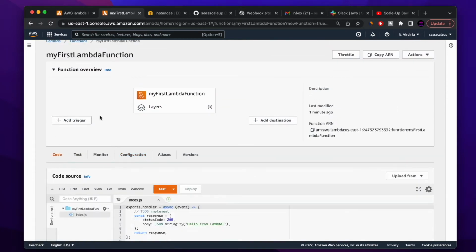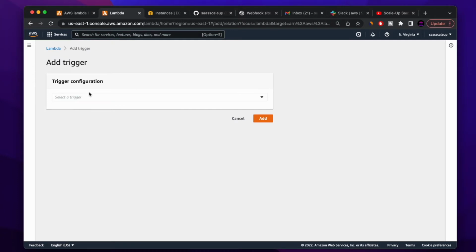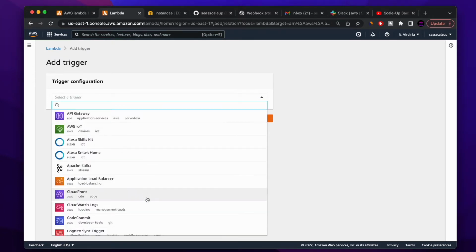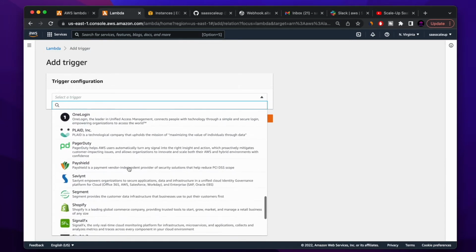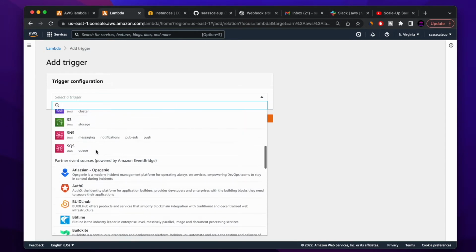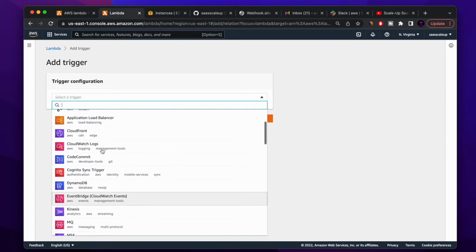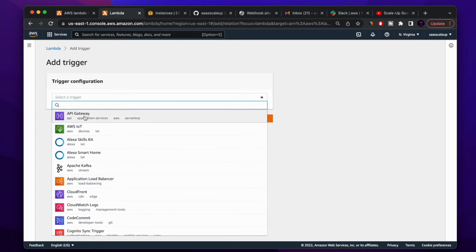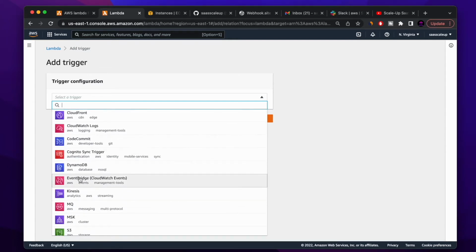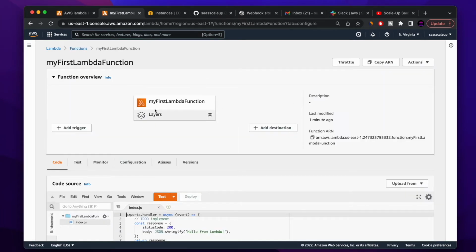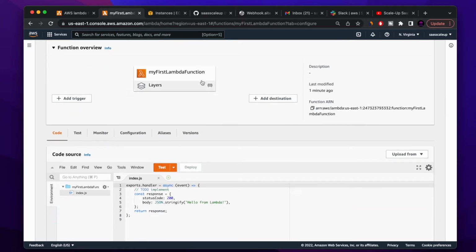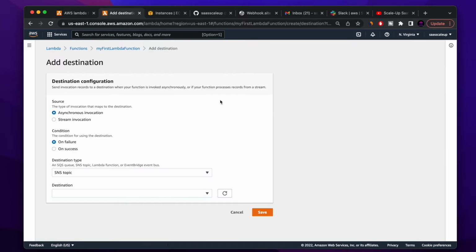So now you also have the option to add a trigger. This is all the triggers you have in order to invoke your Lambda function. You have triggers that come from AWS partners, or the ones built by AWS. You have EventBridge, you have the Elastic Load Balancer, you have API Gateway. This is what we're gonna use today. We're gonna do API Gateway and AWS EventBridge. It's gonna invoke our Lambda function, and then we also are gonna create a destination,